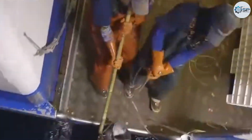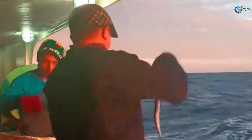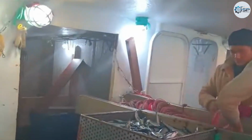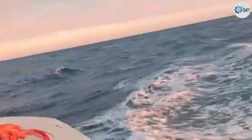The tuna thrashes violently in an attempt to break free, so once it is brought aboard, it must be chilled immediately to preserve its freshness and maintain its market value. Some larger vessels are equipped with deep-sea refrigeration systems or instant freezing technologies to ensure the tuna remains at peak quality. Furthermore, bluefin tuna fishing is strictly regulated to protect marine resources and prevent overfishing, as the species faces the